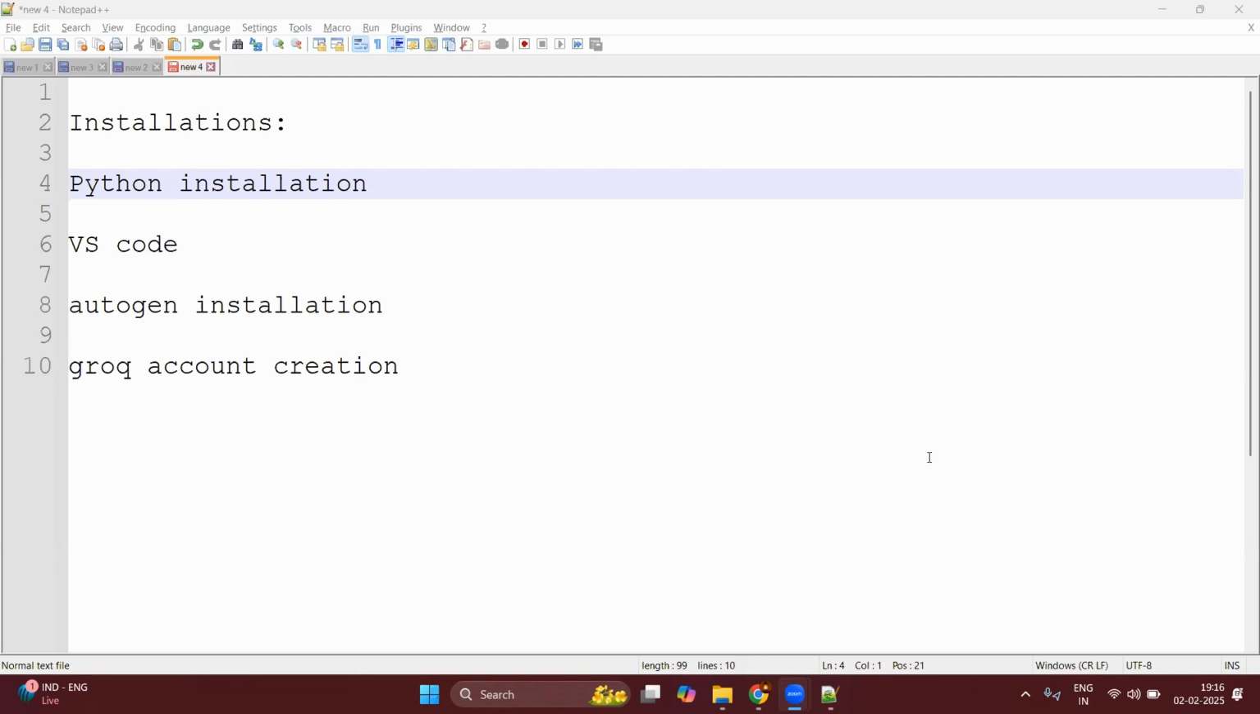First one, obviously, we need Python because we are going to code in the Python language. And we are going to use VS Code, or Visual Studio Code, as our IDE. Then we will install Autogen. Along with that, as the last part, we can create the Groq account. So let's see why we need this at the end of the video, and let's start from the first